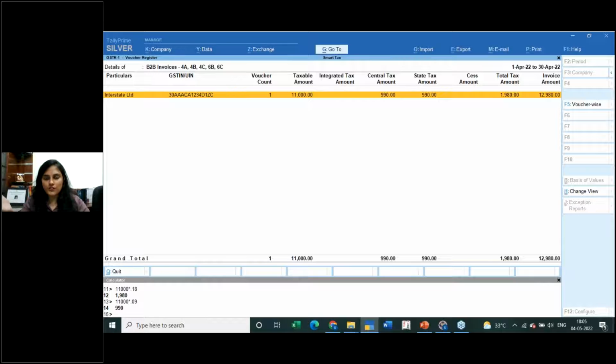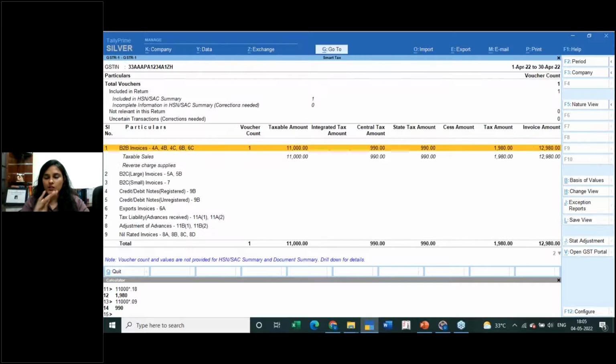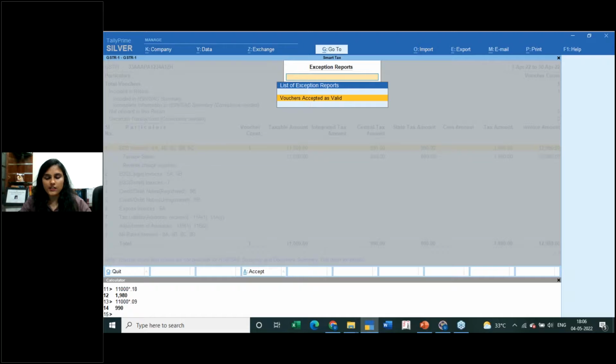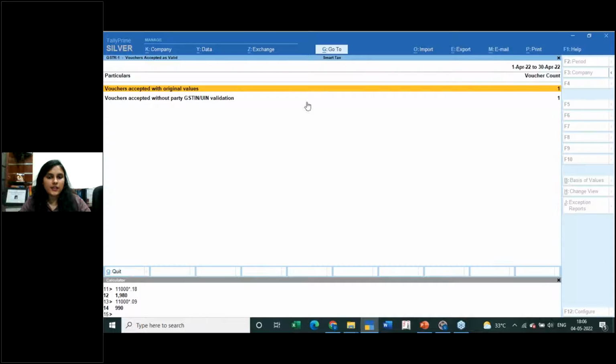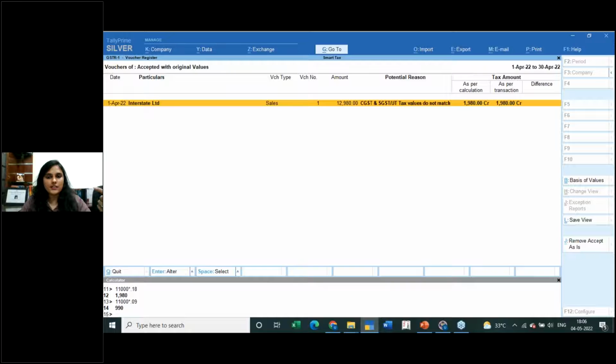If you have thousands of transactions, this is extremely impossible to find out until you take it out in Excel and find it out. There is one way, however, to come to know about these overwritten transactions, which is available over here under exception reports. Voucher accepted as valid. Now it will show you each category of vouchers which have been accepted. So over here, this particular transaction was